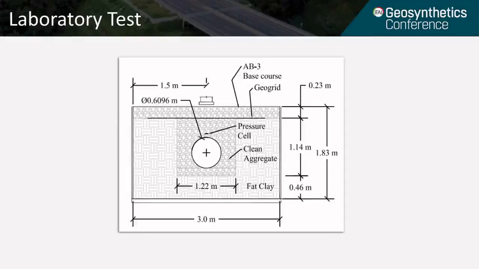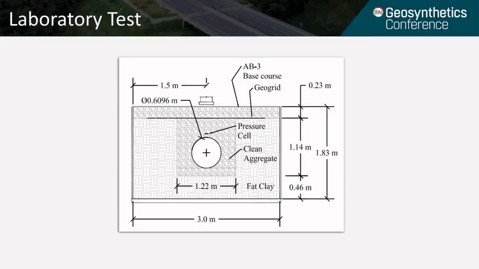After completion of the trench, a 152 millimeter 6-inch bedding was placed in the bottom of the trench. The clean aggregate bedding was a maximum 3/4 inch crushed stone aggregate. A 600 millimeter or 2 foot diameter pipe was placed and centered in the trench, and 7 1/2 layers of 152 millimeter lifts were placed on each side of the pipe simultaneously.